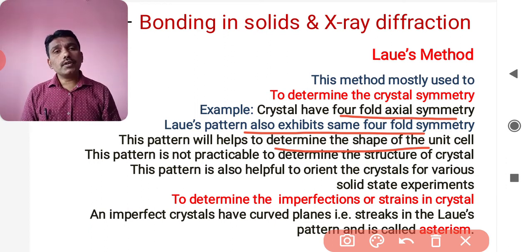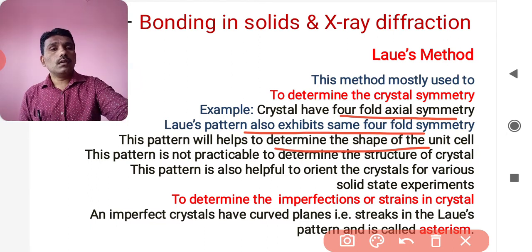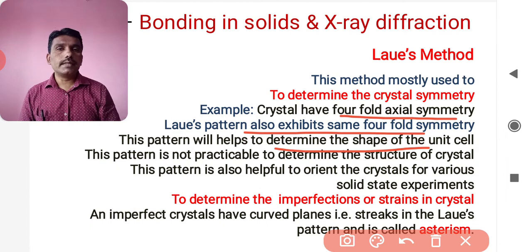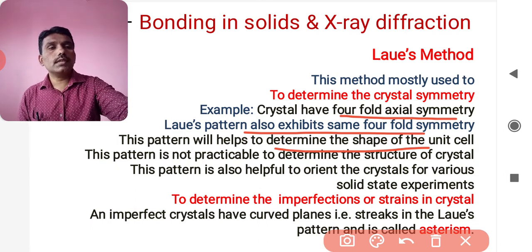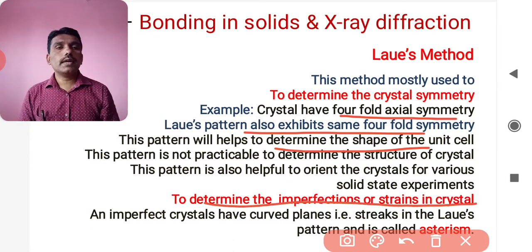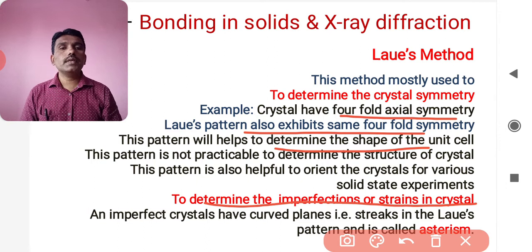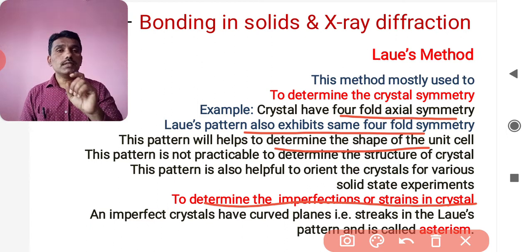Another very important use of Laue's method is to determine imperfections in crystals, or strains in crystals. When the beam is incident, it will show whether there is any imperfection in the crystal. If there is any imperfection in that crystal, curved planes will be found on the pattern,